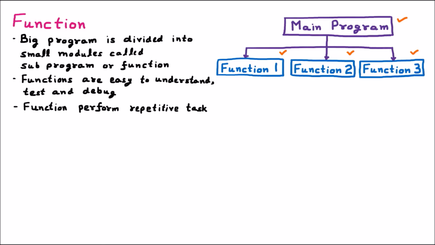We know that we have a main program. Main program means we have a main function. With that main function, we are going to call the other functions. Just like here, we have the main program, and then further we divide it into small functions. And even from the main, which is the driving function from which the program starts, we are going to call other functions.